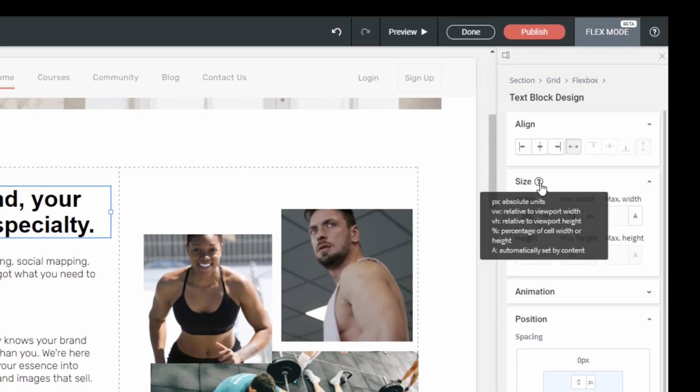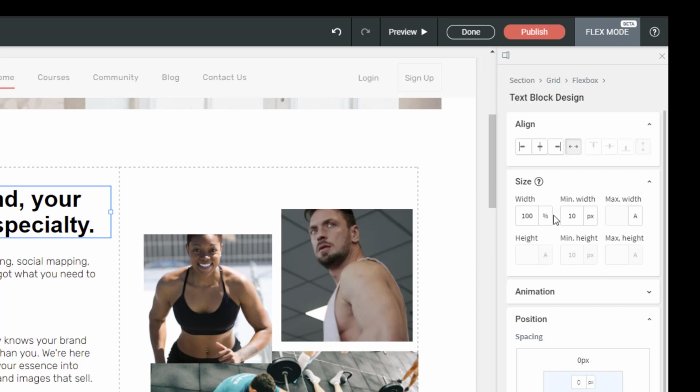Below that, we have sizing icons, and you'll see that there's a little question option that you can hover over to give you an idea of what some of these things mean. However, generally you have two options for sizing in Flex. You have percentages and you have pixels. Percentages are going to be fluid. So if I've set this item to be 100% of the width, it's going to be 100% of the width of the containing